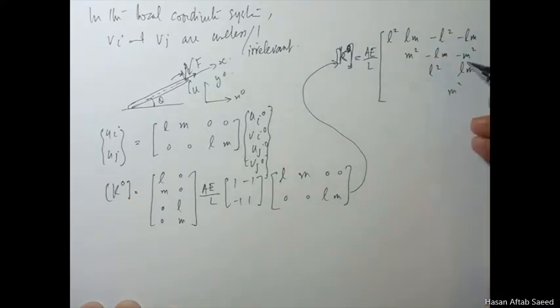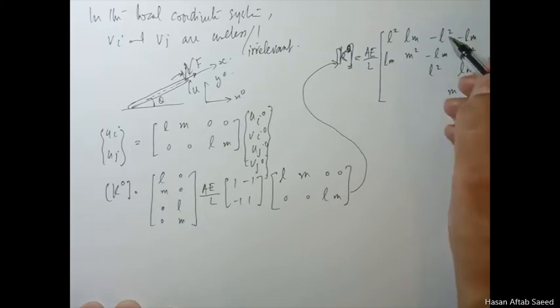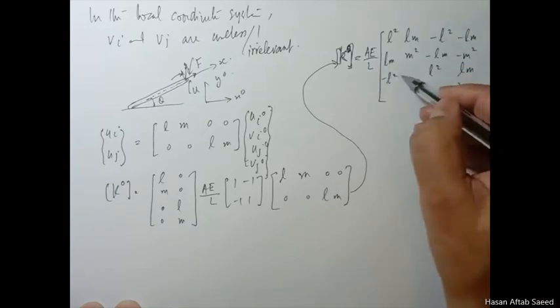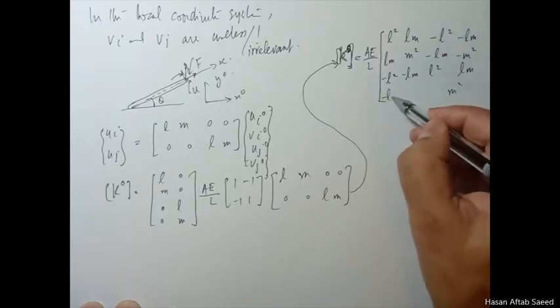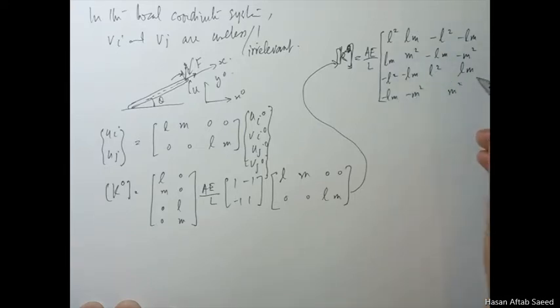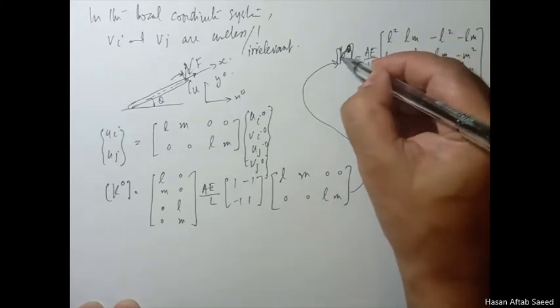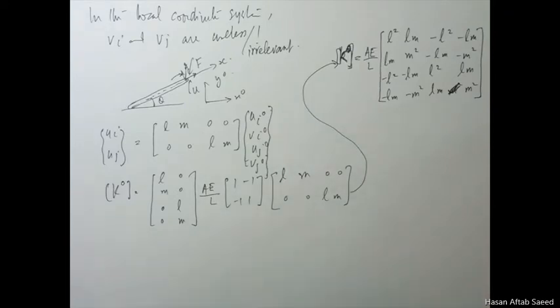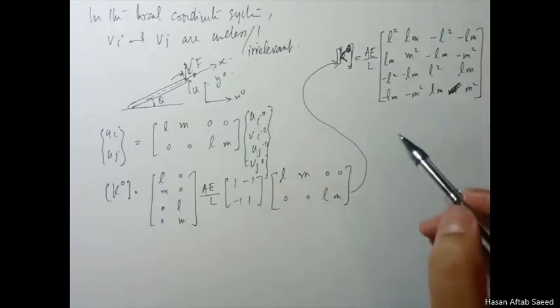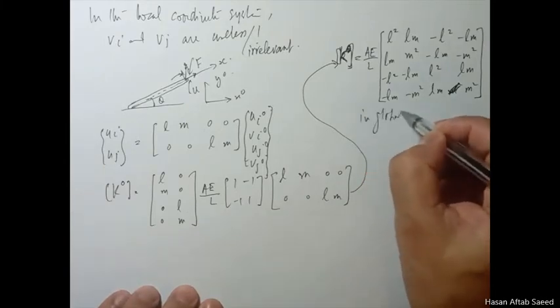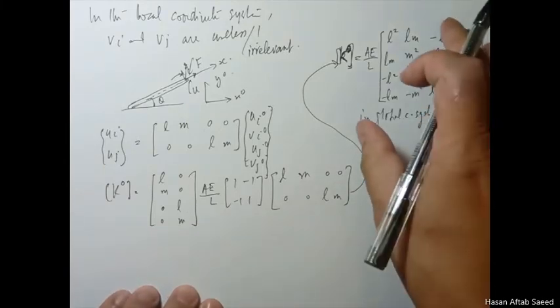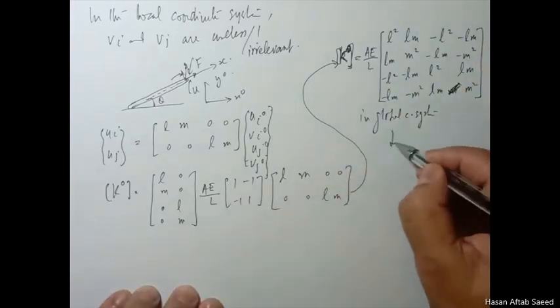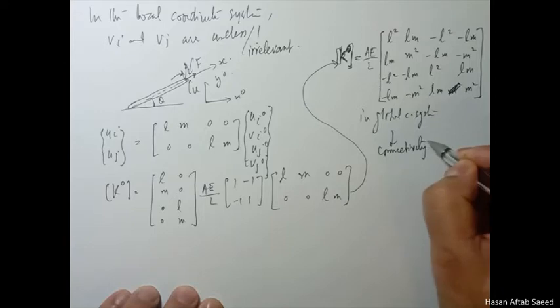And here we have, obviously, a symmetric thing, so this is here M square. This is the K matrix in the global coordinate system. For each element we have to come up with this one, and because this is in the global coordinate system, each element will be in global, so it's very easy to add them together using the connectivity table. Again, use the connectivity, and here we can use it,